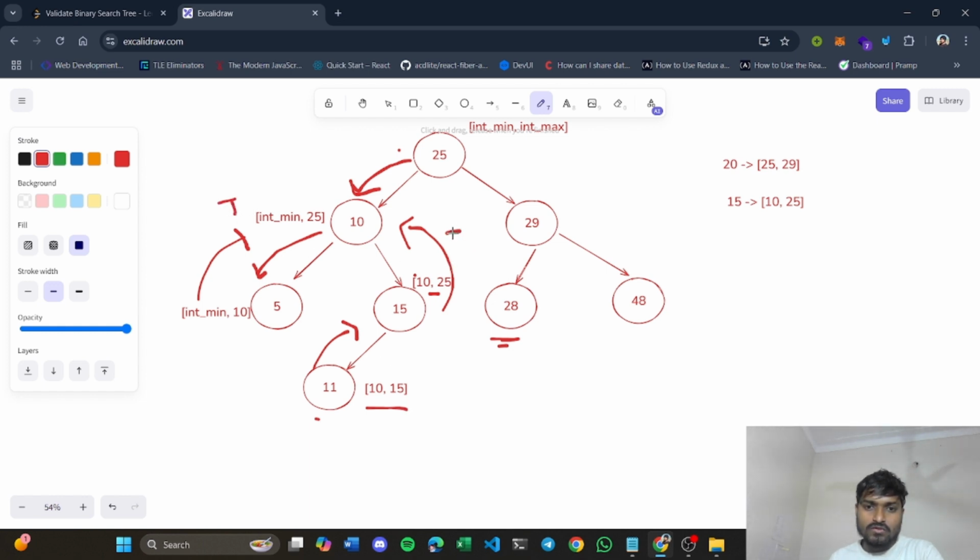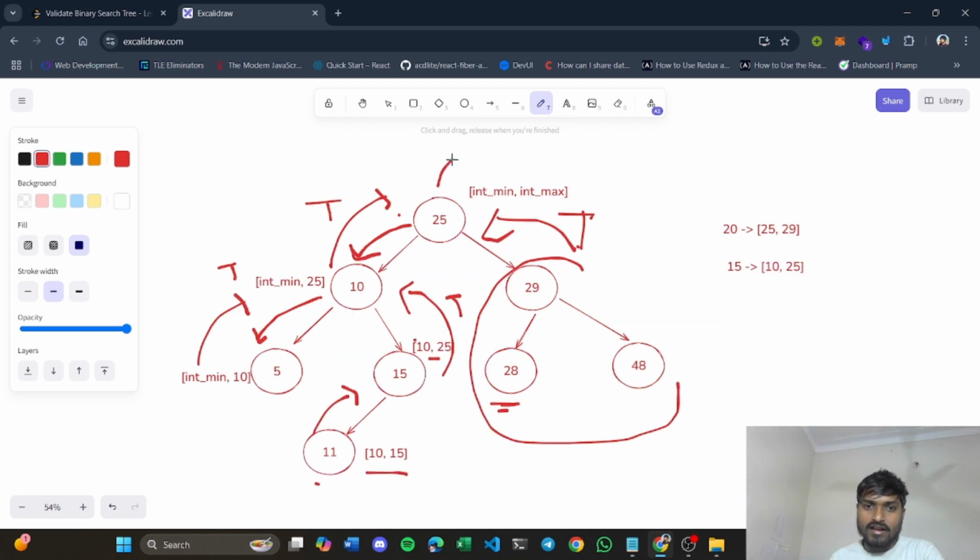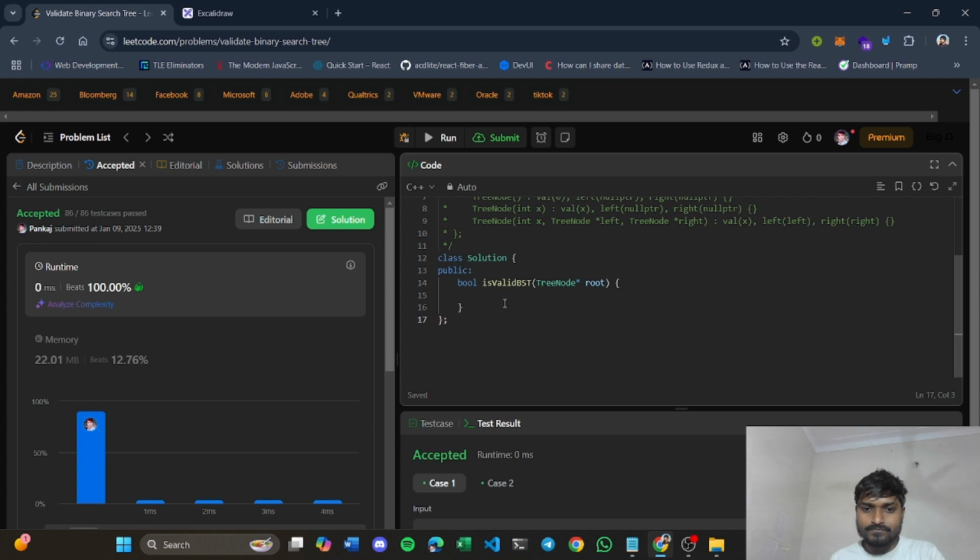It will also return true. So you will take the combination of these, that both of these are true, then 10 will return true, right? Again you notice that here the conditions are satisfied, so it will again return true here. And we will check that the left and right are both true, so this 25 root node will also return true. If any of the conditions is returning false, let's say it's returning false here, you will check that either of these is false, so it will return false, right? So this is the second approach, and let's try to code this out.